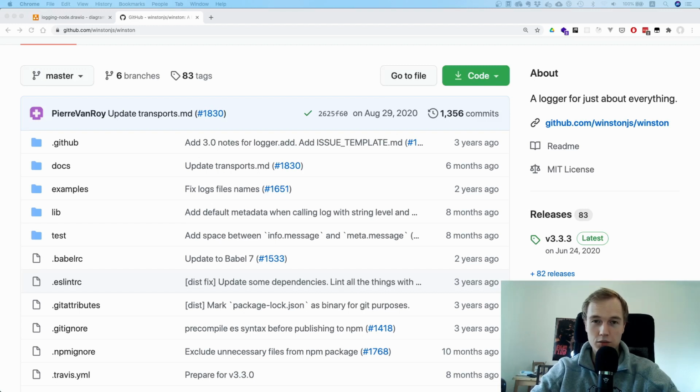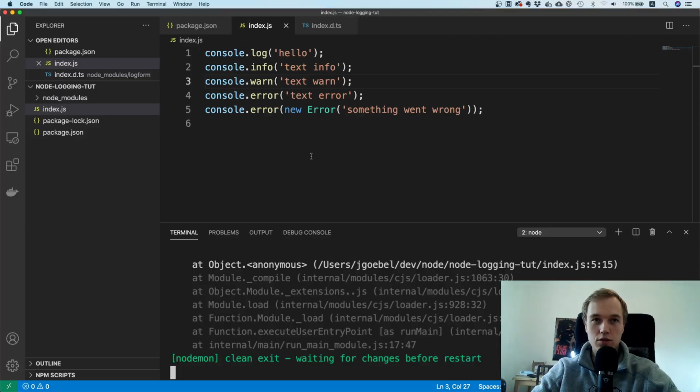Today we are going to take a look at Winston, what it is, why you need it, why you might consider it for your Node.js application, and what advantages it has over console.log, for example. Well, let's maybe start with why you would actually consider using an external logging library like Winston in favor of